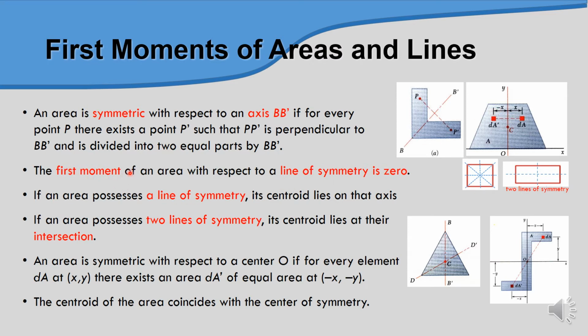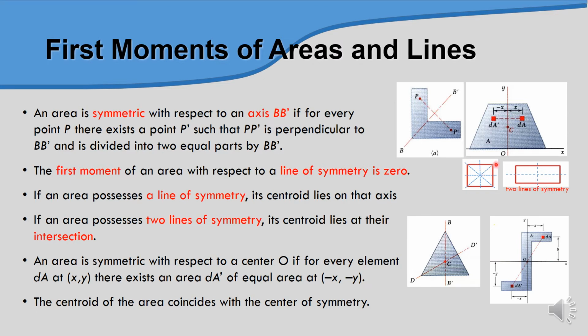The first moment of an area with respect to a line of symmetry is 0. And then, if the area possesses a line of symmetry, its centroid lies on the axis. Okay, we can see from